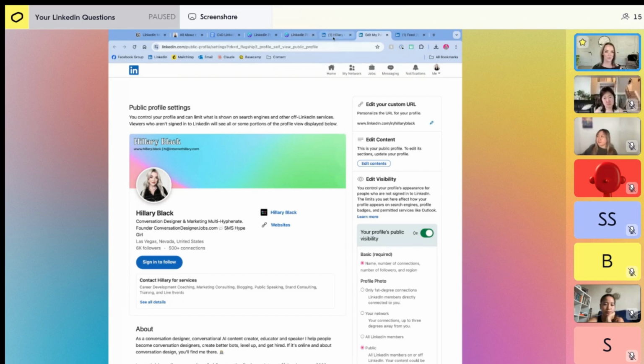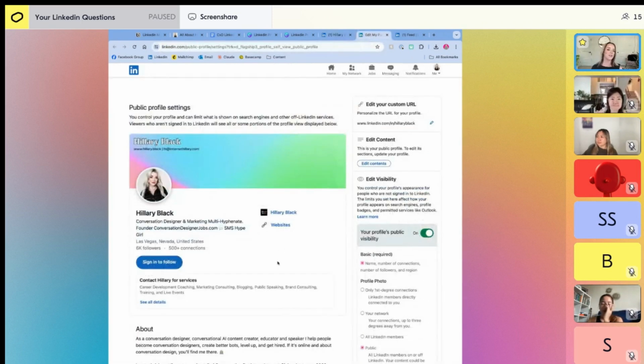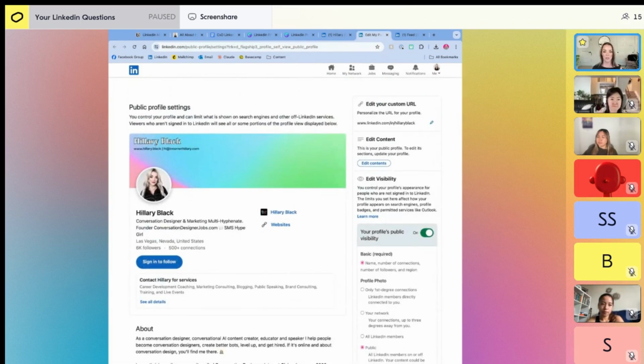So all you do is go to your home page and then click this public profile URL. And then this is, I guess, a way to see all the information that is available on your public profile, aside from how I was doing it of just viewing my profile. So then you can add